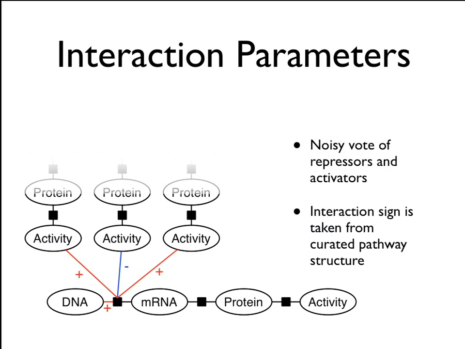Another section of parameters are the interaction parameters, the regulatory parameters. We're taking a lot of these from an actual, curated pathway structure. So for example, we might know about 3 different transcription factors for a gene, and we know that maybe 2 are activators and 1 is a repressor. And we're modeling this with a weighted, noisy vote of repressors and activators to say what the mRNA